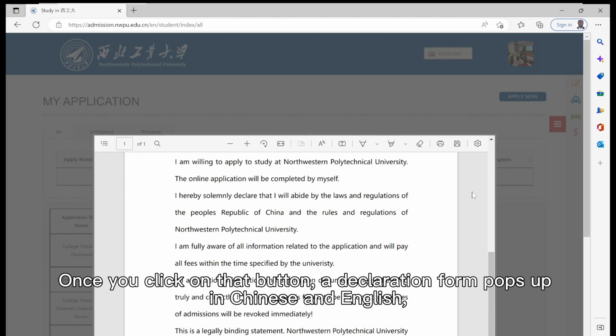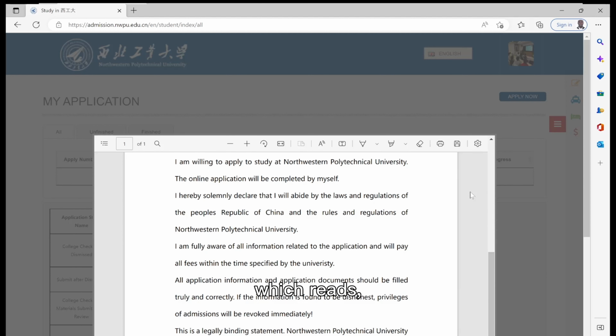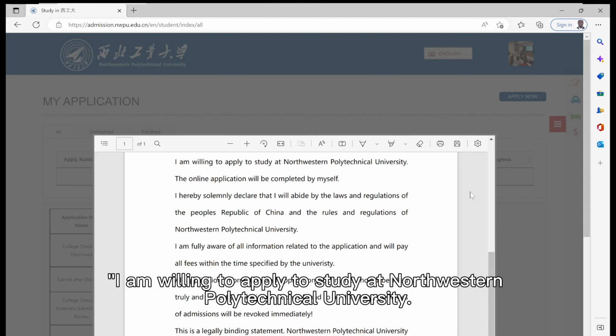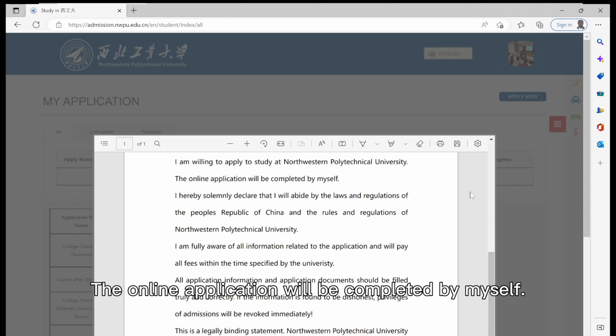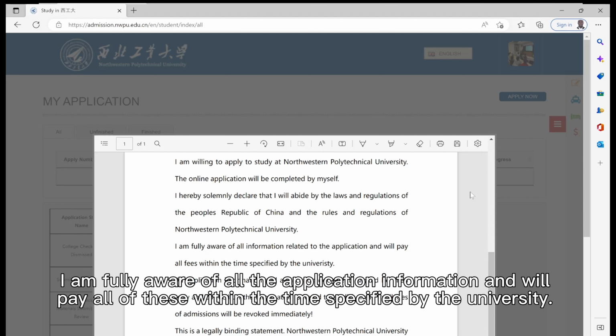Once you click on that, there's a declaration form that pops up in Chinese and in English. So let's read it together. I am willing to apply to study at Northwestern Polytechnical University. The online application will be completed by myself. I hereby solemnly declare that I will abide by the laws and regulations of the People's Republic of China and the rules and regulations of Northwestern Polytechnical University. I am fully aware of all information related to the application and will pay all fees within the time specified